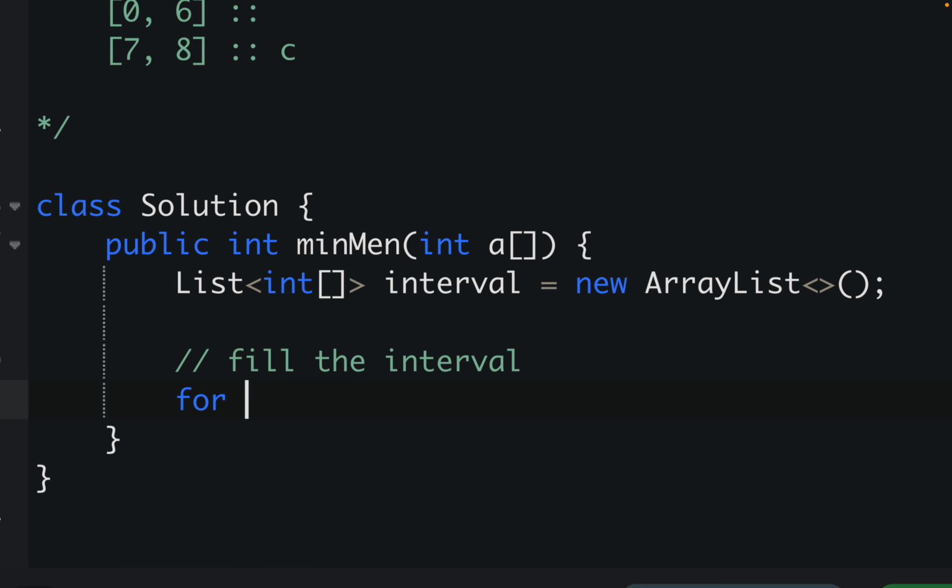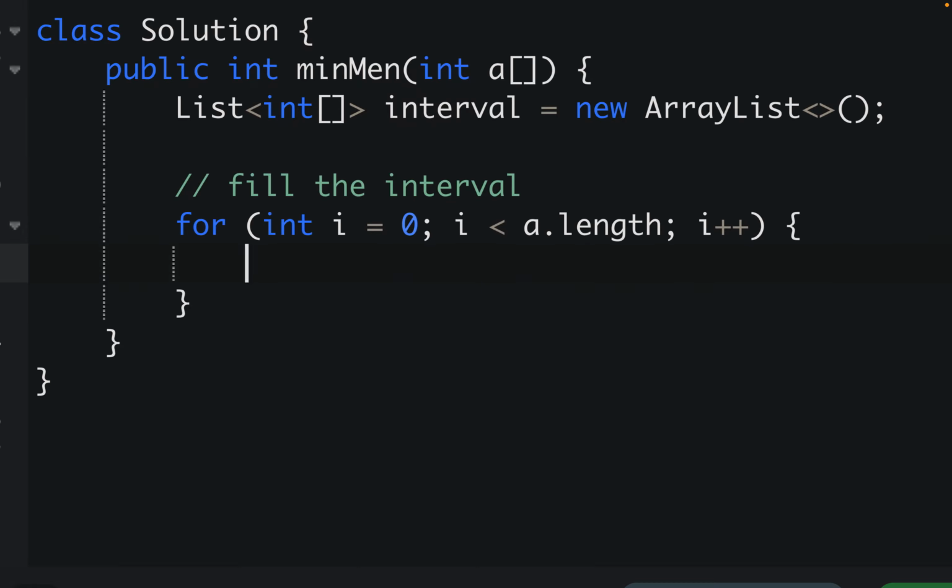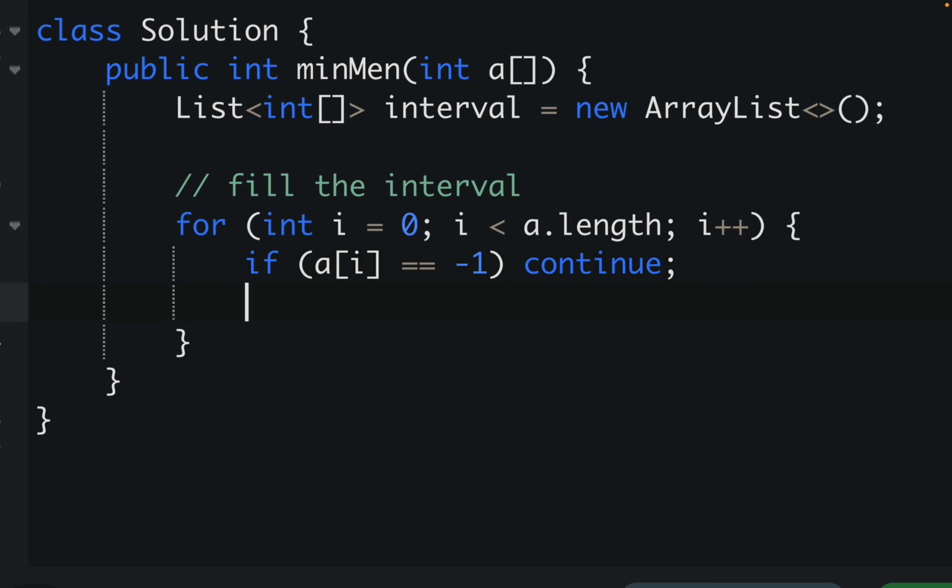So for int i equal to 0, i less than a.length, i plus plus, and I'll say that, hey, if a of i is equal to -1, I don't want this within an interval because this won't contribute anything. So continue to the next, while interval.add, I'll add new int,